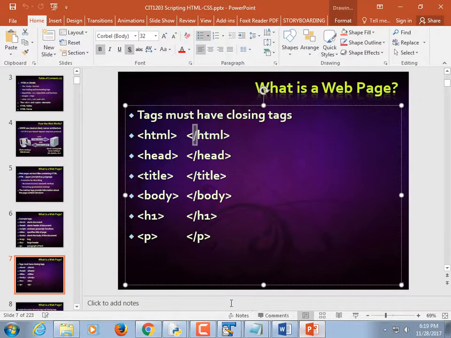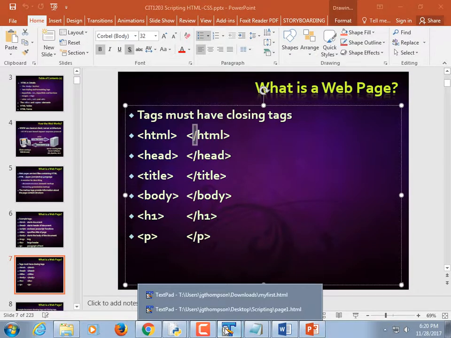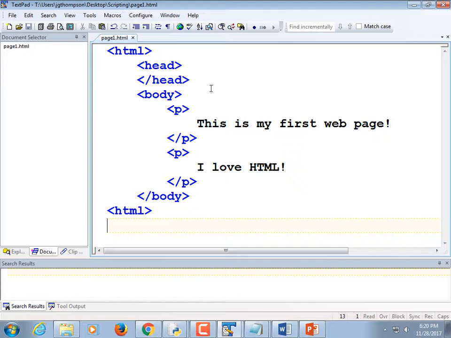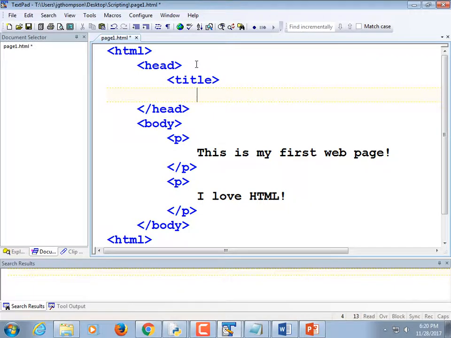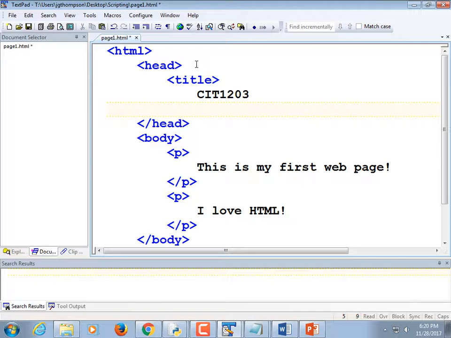So, what could we put in the header? Let's try putting a title for our web page. Go back to the text editor. Inside the header, title, it's going to be CIT 1203, /title. Now when I view it,